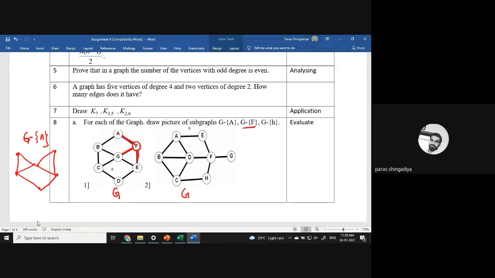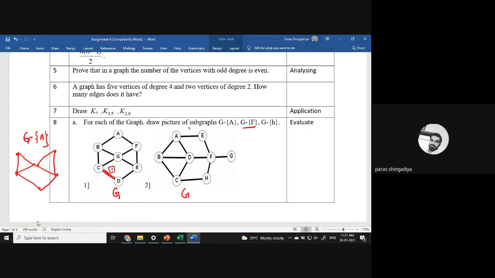And then in the third case, you have to delete small h. Where h is mentioned, h is in between C and D. The edge notation given here is between C and D. So just delete this edge only. ये edge ही आपको delete करनी है. The remaining part will be as it is in this graph. So delete only the edge between C and D.